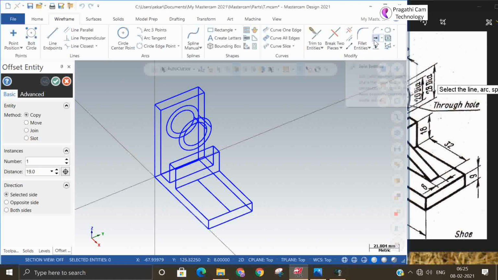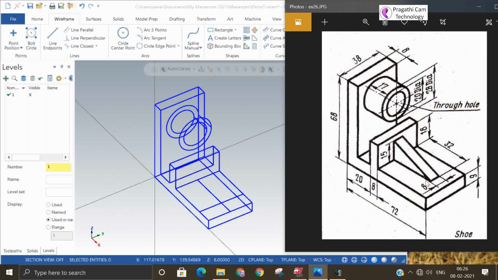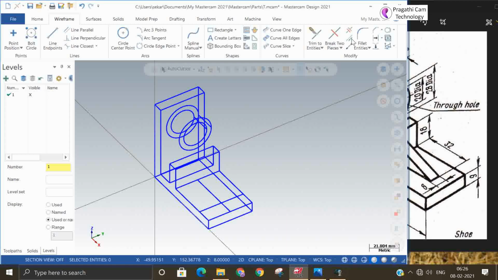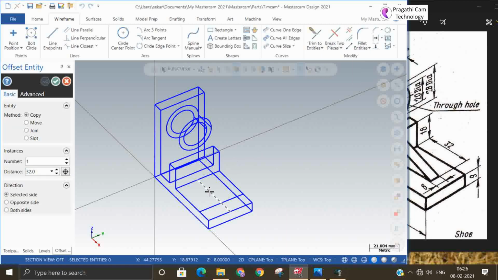Now this line is 32. This line is 32. Okay, we got that end point. Now we'll go offset 4 mm.